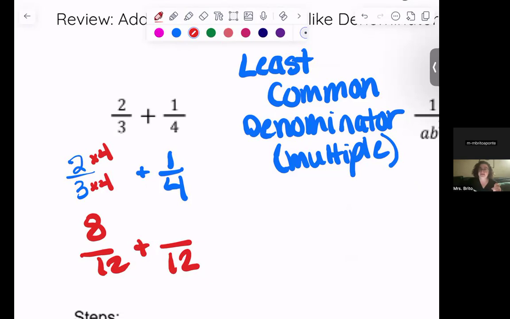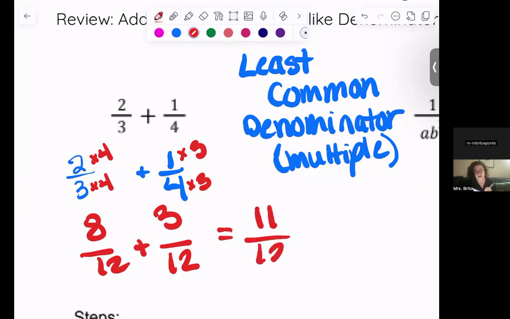Then I'm going to take my other fraction. I have 1/4. 4 times what is going to get me 12? Well, 4 times 3 is 12. So I'll do the same thing to the numerator. 1 times 3 is 3. Now I have two fractions with like denominators, and I can just add them. So I have 8 plus 3 is 11 out of 12. Okay,